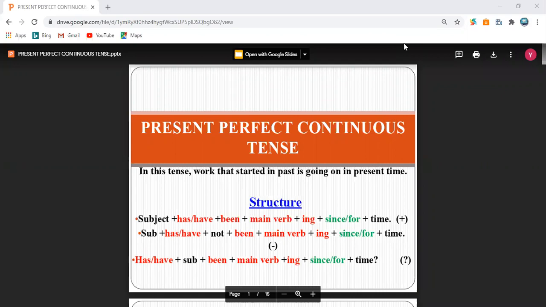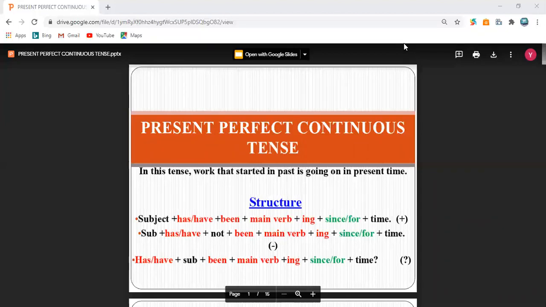Students, as we were discussing the present tense of the three times, present tense, past tense and future tense, we were discussing the types of present tense, and we have already discussed the three types of present tense. Today we are going to discuss the last type, or the fourth type, of present tense, and that is present